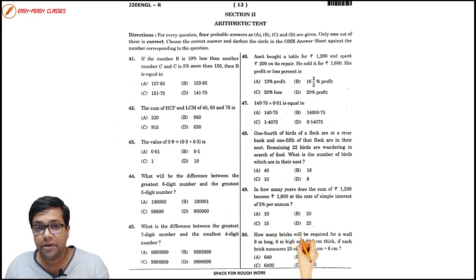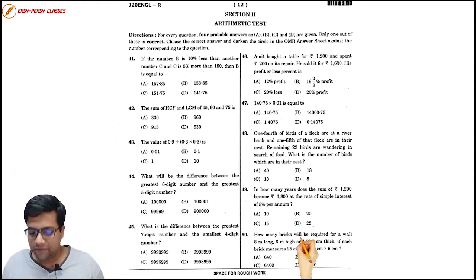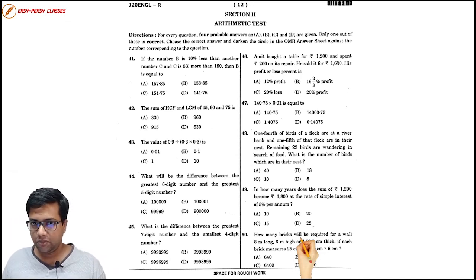Things are actually going out of our hands, and in case this continues further, we will have to have more classes in online mode. Anyways, in this video, we are going to continue our previous class, which dealt with the mental ability section. This class we are going to deal with the mathematics part of the 2020 Jawahar Navodaya Vidyalaya entrance test, English medium paper. All right. Without wasting time, let us proceed to our questions in the mathematics section.